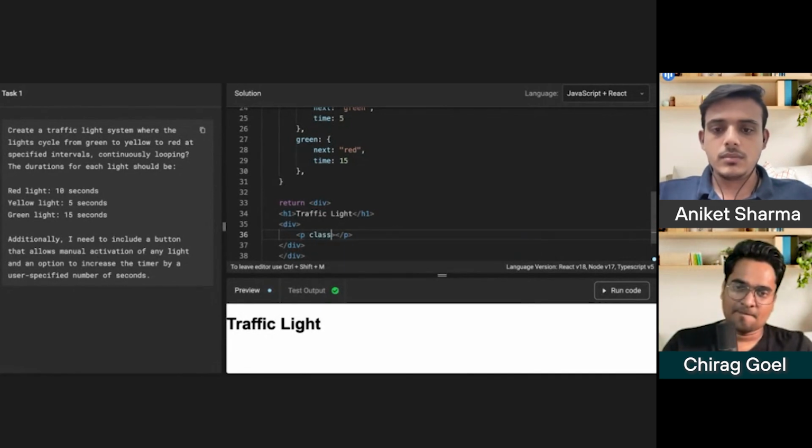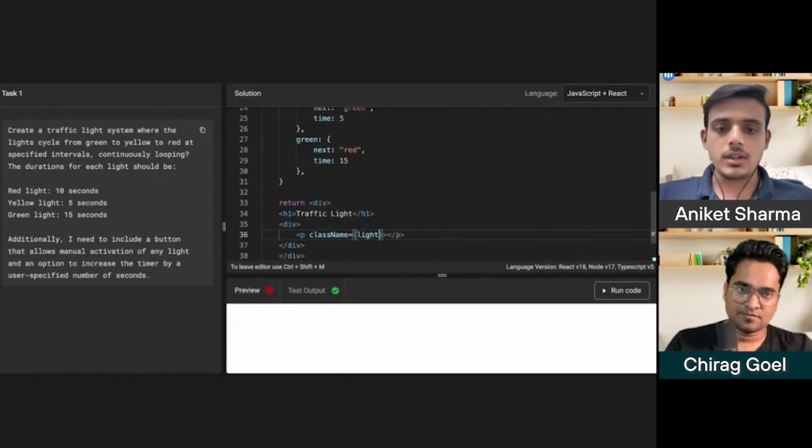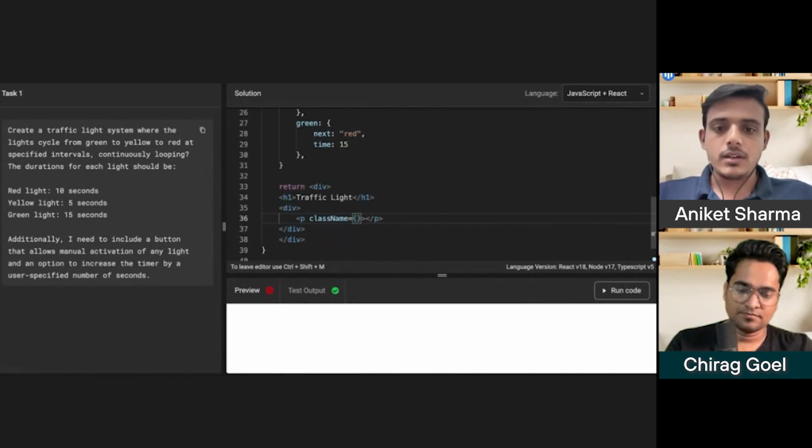Class name we can use. So for all the lights, the default class name would be light. But we need to make it more dynamic, because we also need to set a class based on the active light. So we will create one variable, active.